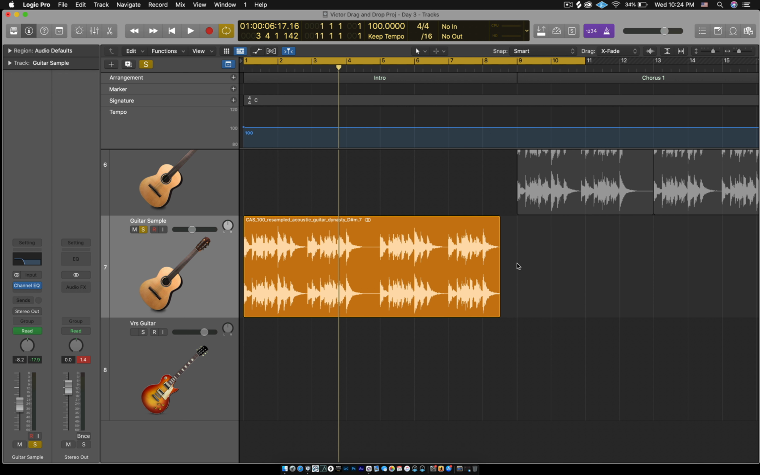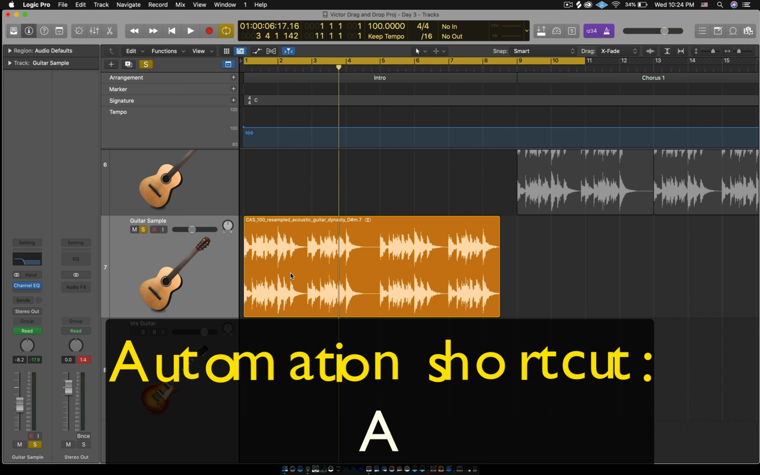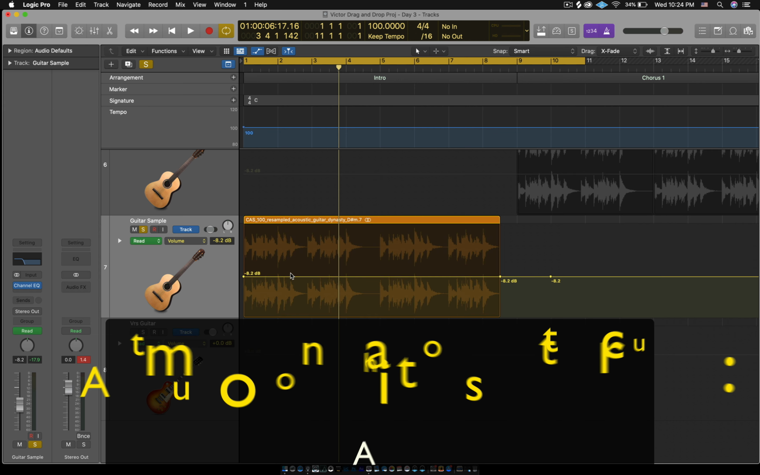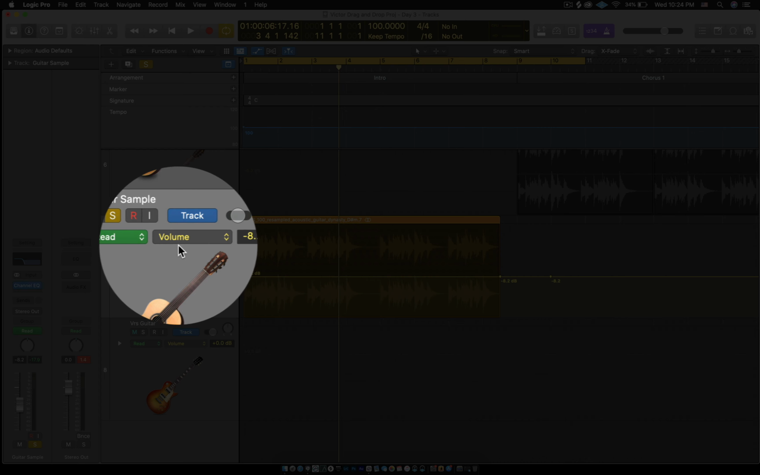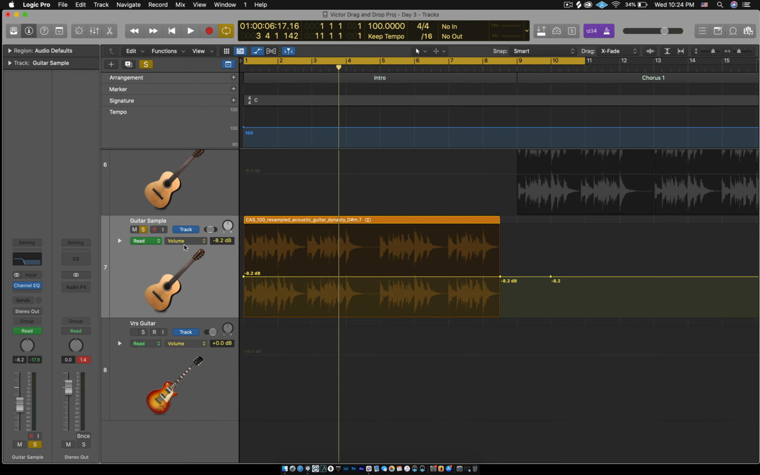Right. Now we're going to turn the automation back on. You know how to do it? It's the shortcut letter A. So see where it says volume? What this represents is this line right here. We're looking for the high pass filter. So we're going to click on this